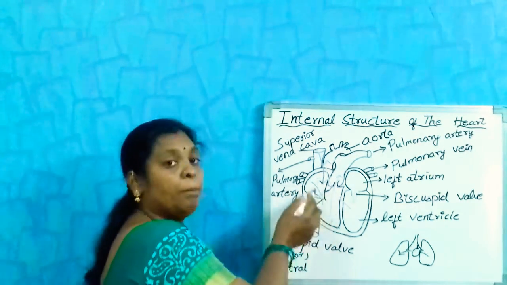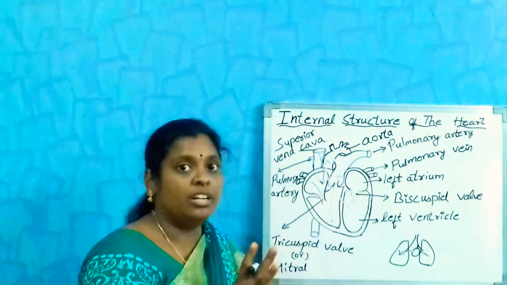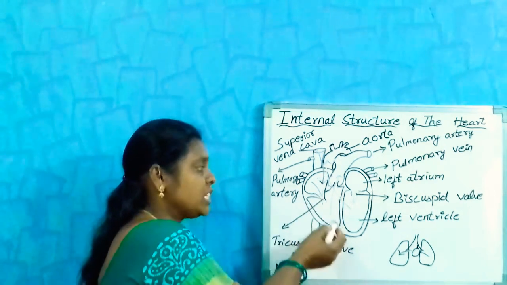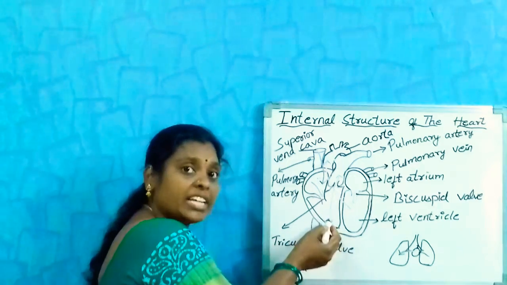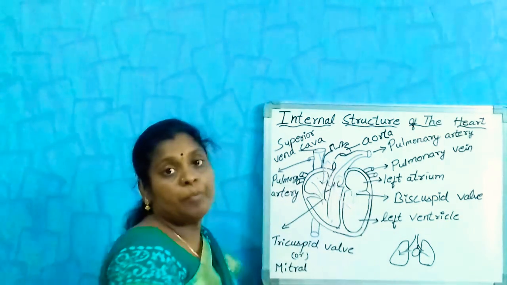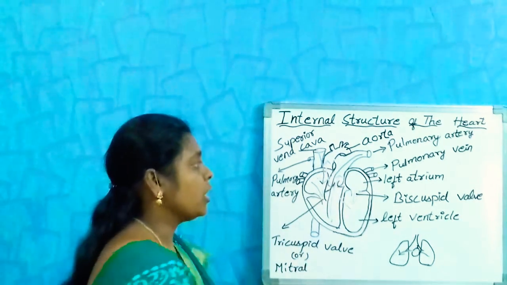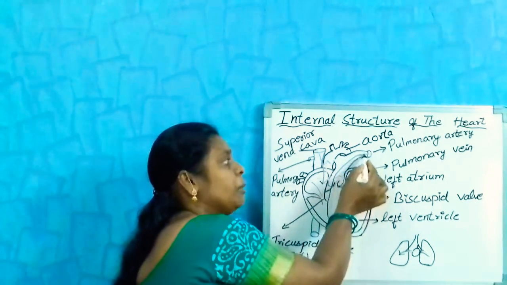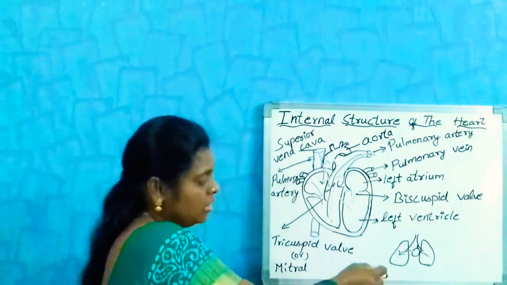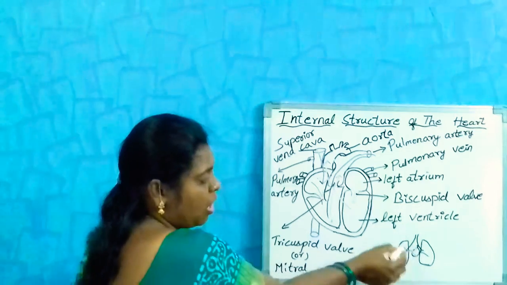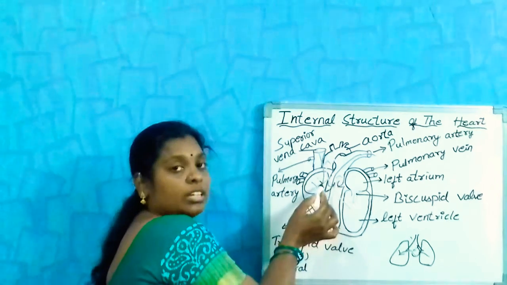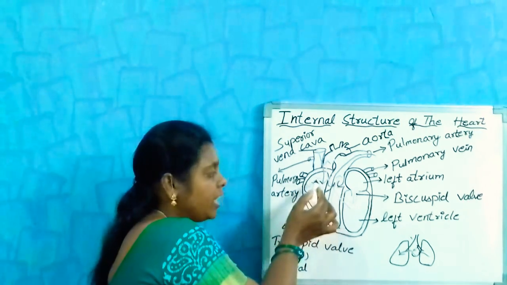And due to the contraction and relaxation of the heart, the blood present in the right ventricle is pushed into the pulmonary artery. From the pulmonary artery, the blood reaches the lungs. So this is just a view. This is the heart. From the different parts of the body, the heart gets the blood through the auricle and its ventricle.